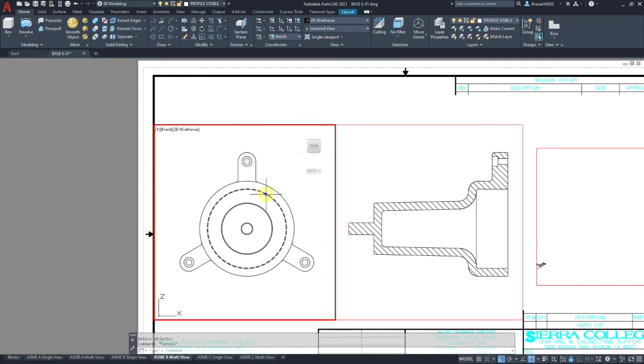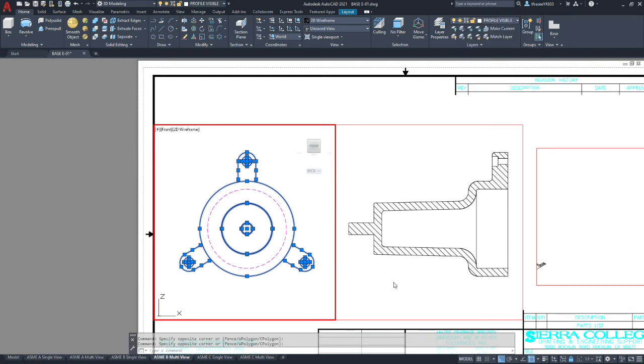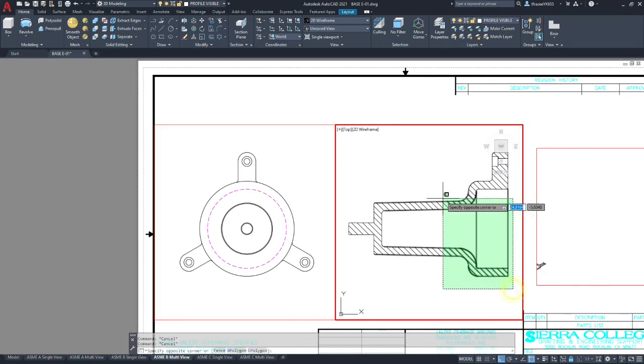We have the hidden line, which is going to go to the hidden line layer, and the rest of our items are going to go to the profile visible lines. And then the entire left section view will go to profile and visible lines.